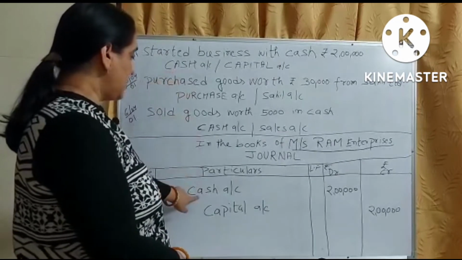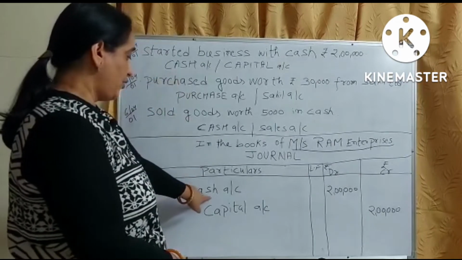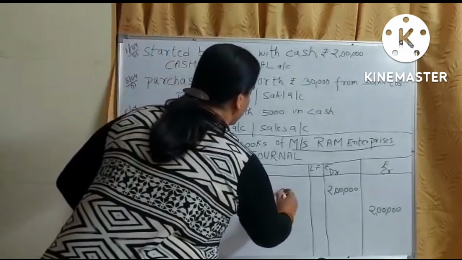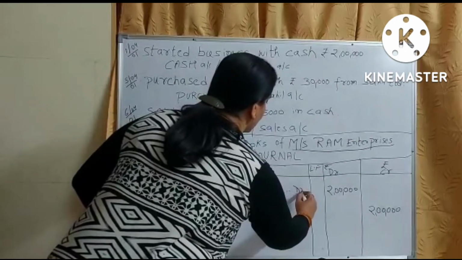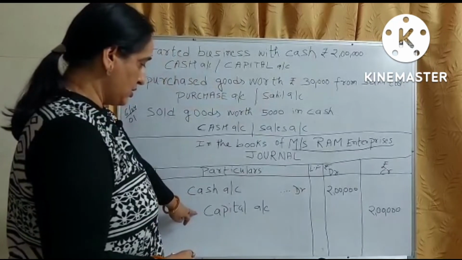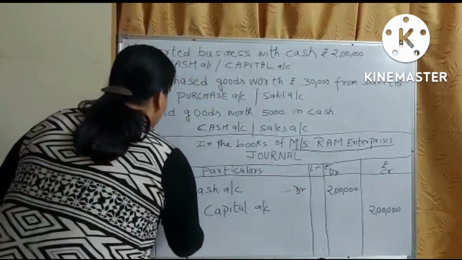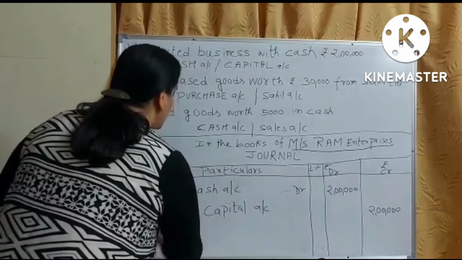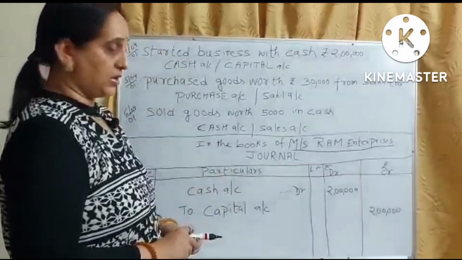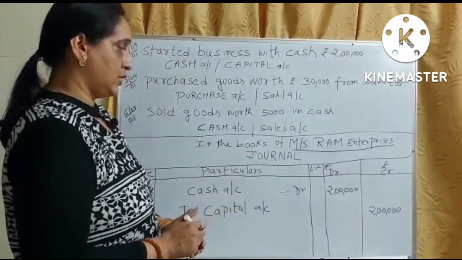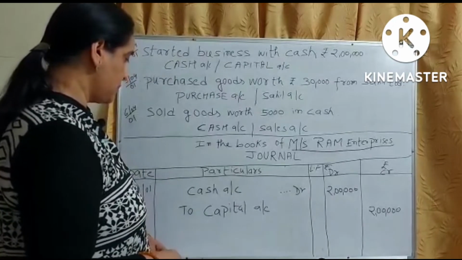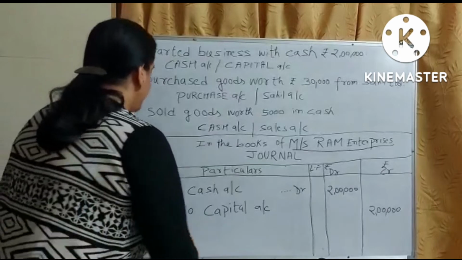Now we'll write the account which is to be debited first, followed by the word DR which is written close to the right margin, and below it we will write the account to be credited preceded with the word To. We'll write the amount in the debit column 2 lakhs and in the credit column diagonally opposite to each other. Now we'll give a brief description of this transaction below,